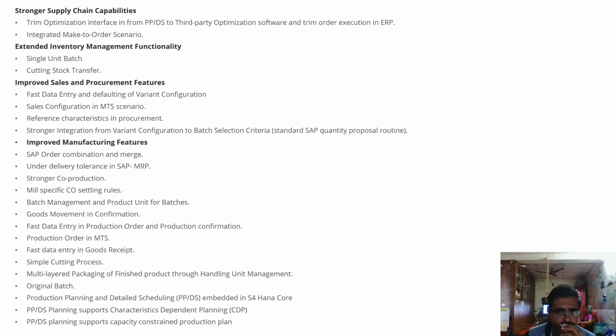So PP/DS is embedded in the S/4HANA core, and PP/DS planning supports characteristic dependent planning CDP, and PP/DS planning supports capacity constrained